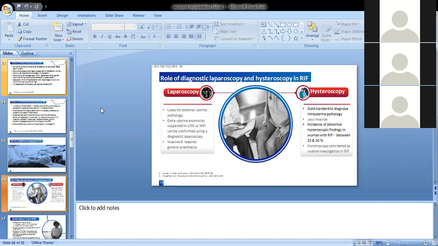So in a patient who is having recurrent implantation failure and an intramural fibroid of more than 4.5 centimeter, we can counsel the patient for a myomectomy. While performing a laparoscopy, we can do a laparoscopic myomectomy in these kinds of patients. That can improve implantation. So these two things I think are very important, to look for a fibroid or a hydrosalpinx and treat them on laparoscopy.